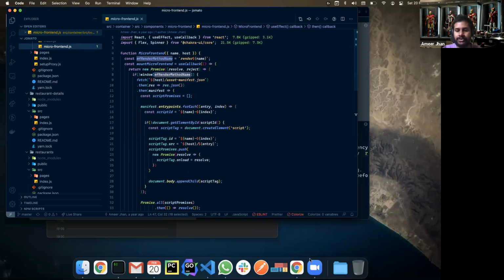So do you guys have any questions around this? I can take them before we move on to the next strategy. Yep. Can we use this approach while deploying in the following way, like yarn build, or put the micro frontend serving the index.html to the container?